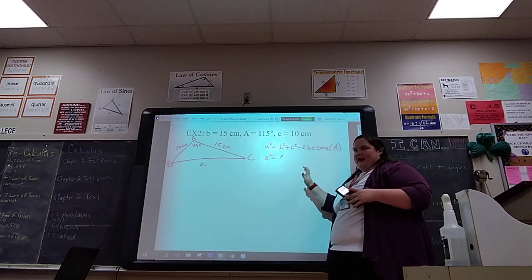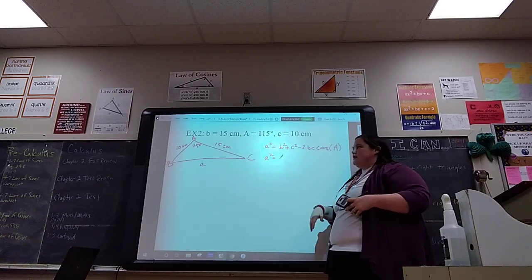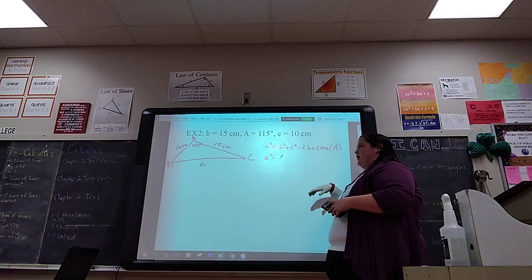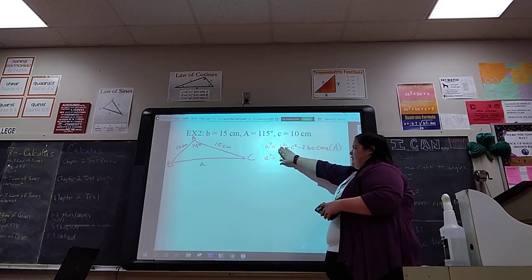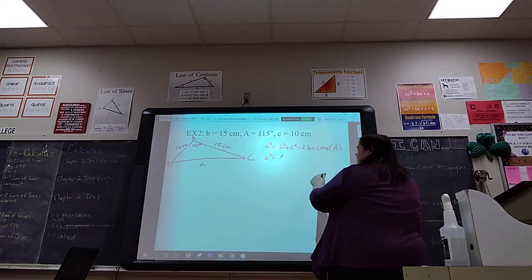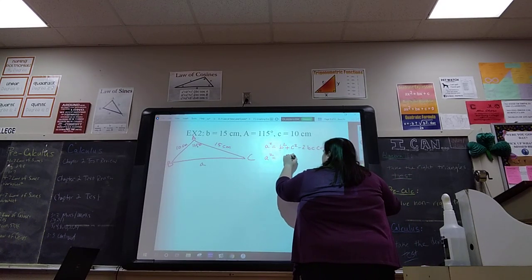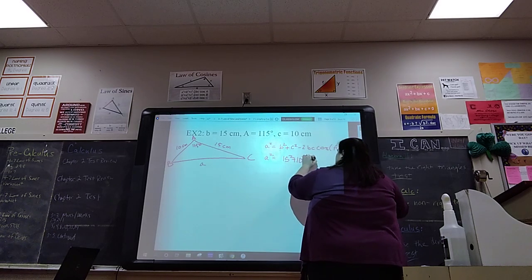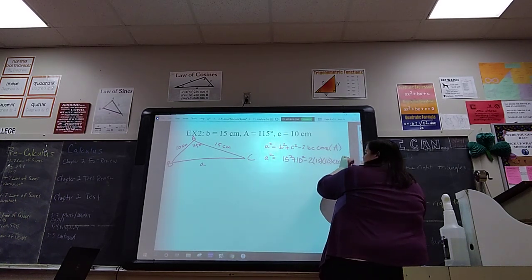So you won't have to worry about moving stuff around with this one, it's just more of a calculating thing. There are still little things to watch out for, but there's no longer stuff that you have to move away from the cosine, because we know b, c, and capital A. So, here we go. 15 squared plus 10 squared minus 2 times 15 times 10 cosine of